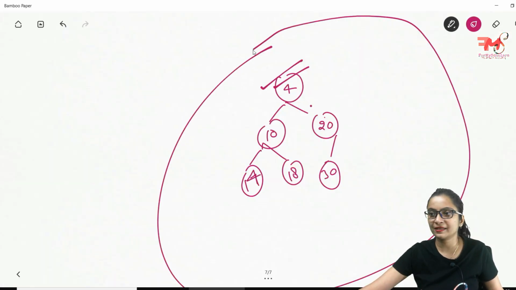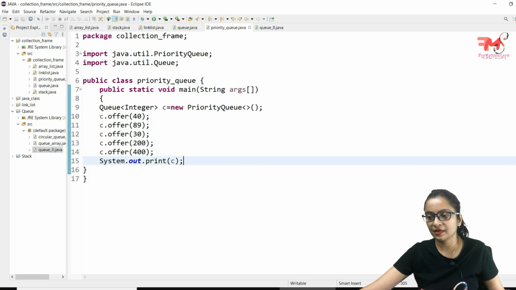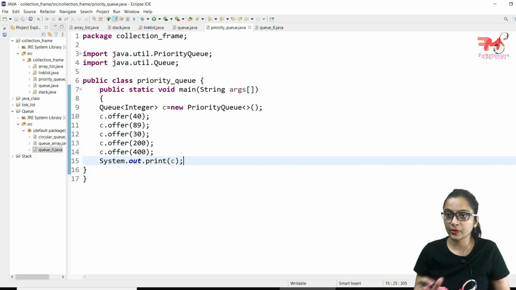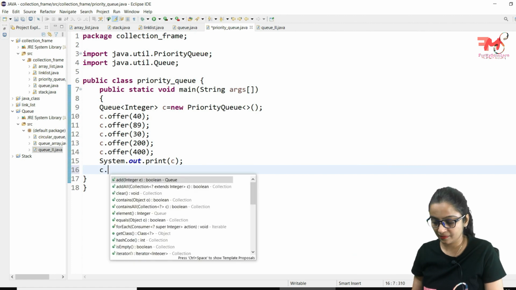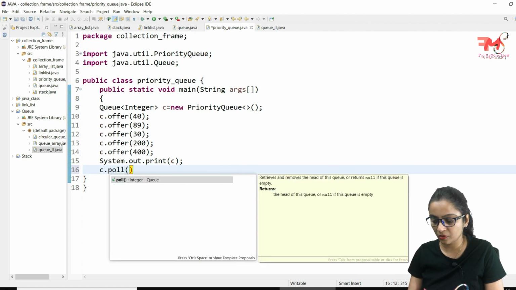It would be something like this. The parent node contains a smaller value in comparison to its children. Okay, we will see this in the coming videos. I'm not going to explain this concept, but here you just have to remember that this priority queue is implementing a min heap. And if you want to delete some data from this priority queue, you just have to poll.